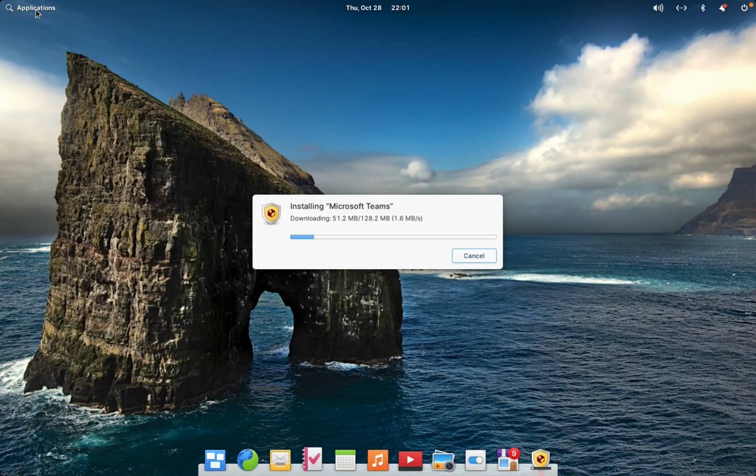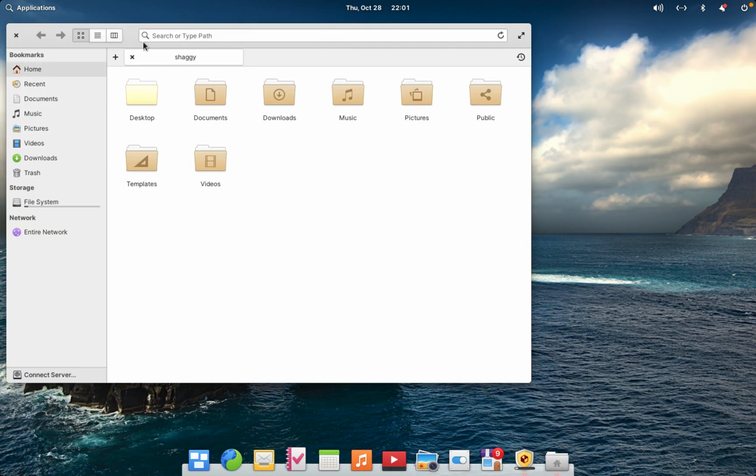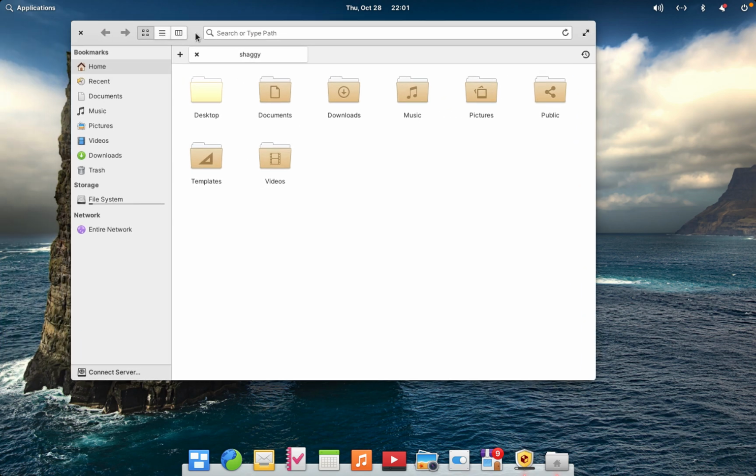Alright, let's check what files. Again, in previous videos, I do mention that one of the most important aspect of a Linux distribution that I look for is its ability to communicate with the host. So usually when I'm using a Linux distribution, I use this Linux distribution in a virtual machine. So the ability to communicate with the host computer is very important to me. So this is where I check,